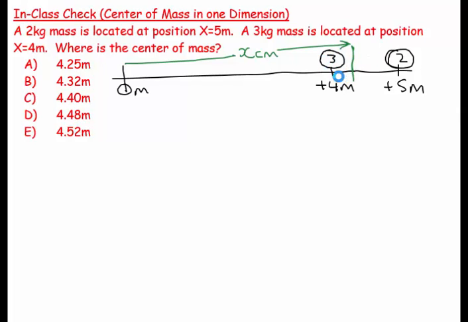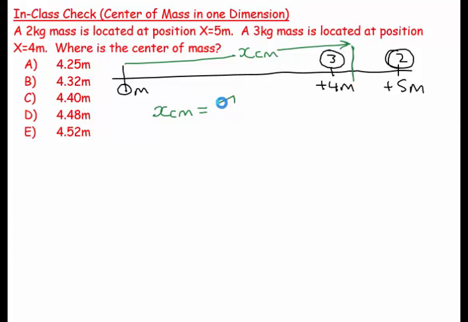If you imagine trying to balance a rod with a 3 kilogram mass on one side, a 2 kilogram mass on the other side, you'd put your finger close to the 3 kilogram mass. And that's effectively what we find in here. Where's the balance point? So we say, well, x center of mass, we need an expression that will help us with this,